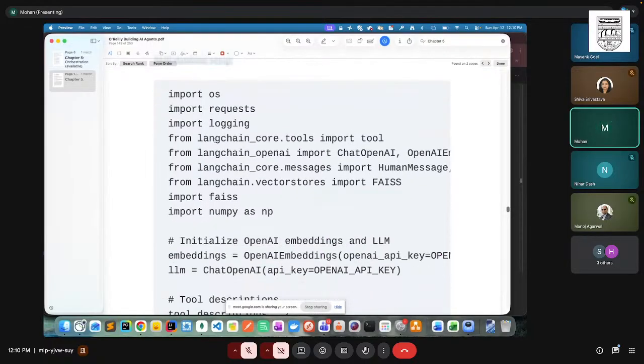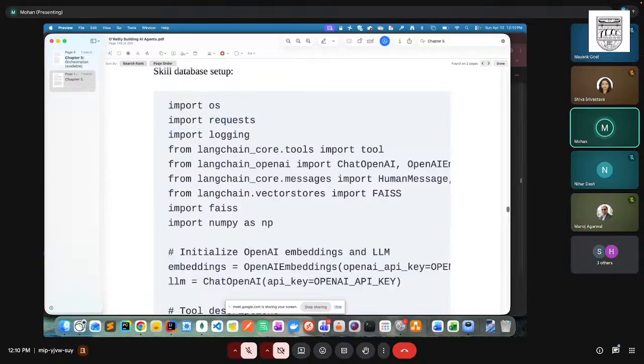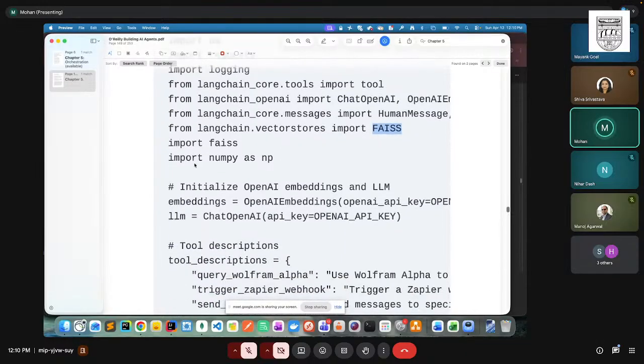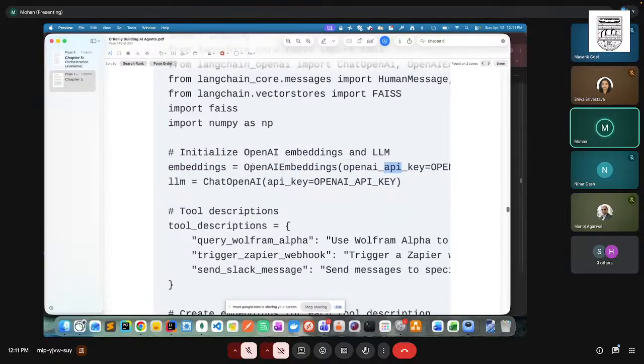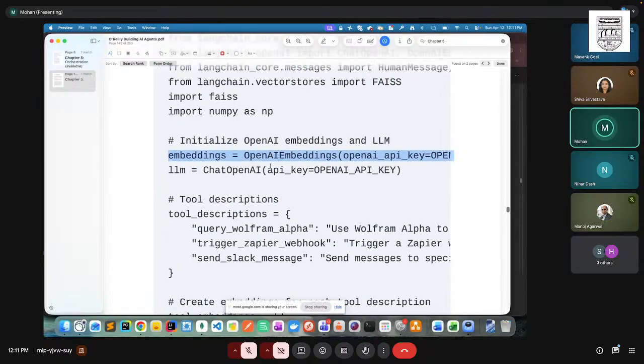With the Python code, this class imports request, logging, LangChain tool, OpenAI API for the human messages, and this is the FAISS database it took, okay. And import FAISS, import numpy, this one, and it initializes the embedding, OpenAI embedding and LLM. So the OpenAI embedding class is there. There you will pass the key and some other things on the right side. We are not able to see it. Embeddings, and you pass the embedding, and then you created the embedding. So this is the embedding LLM,